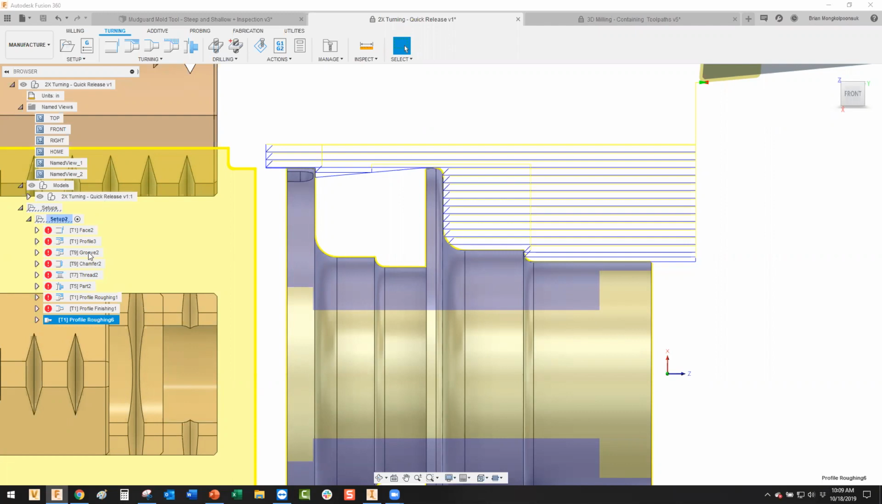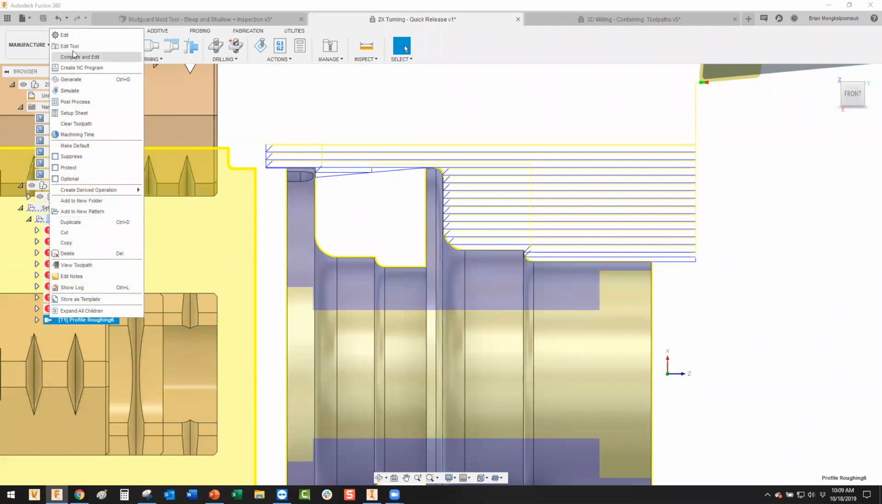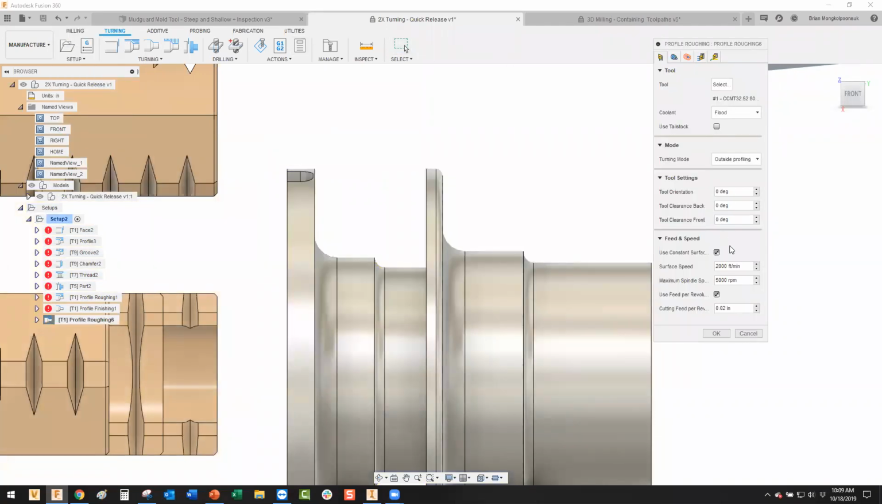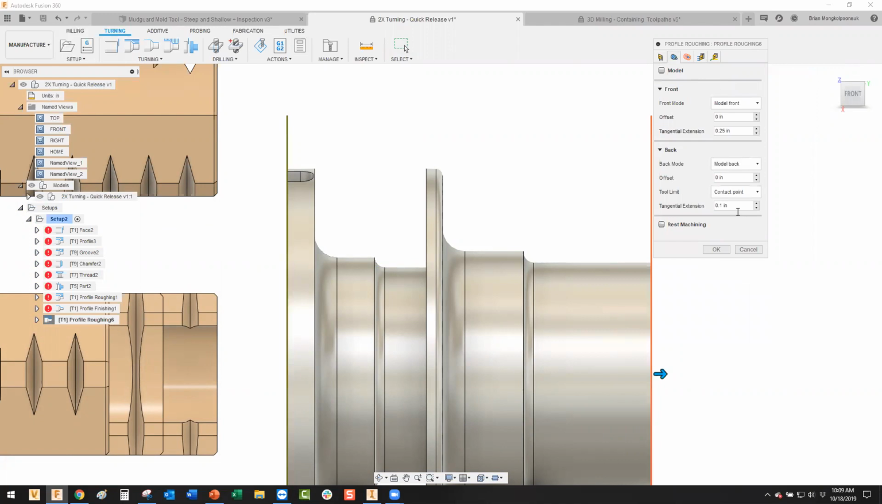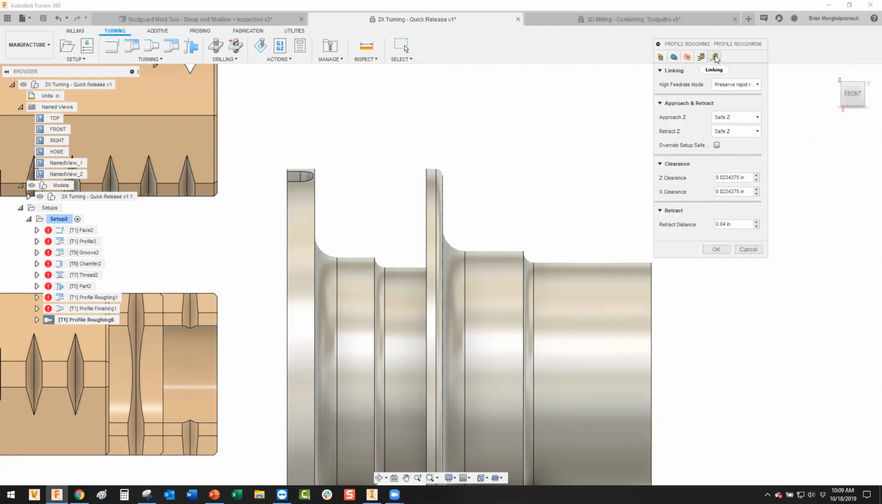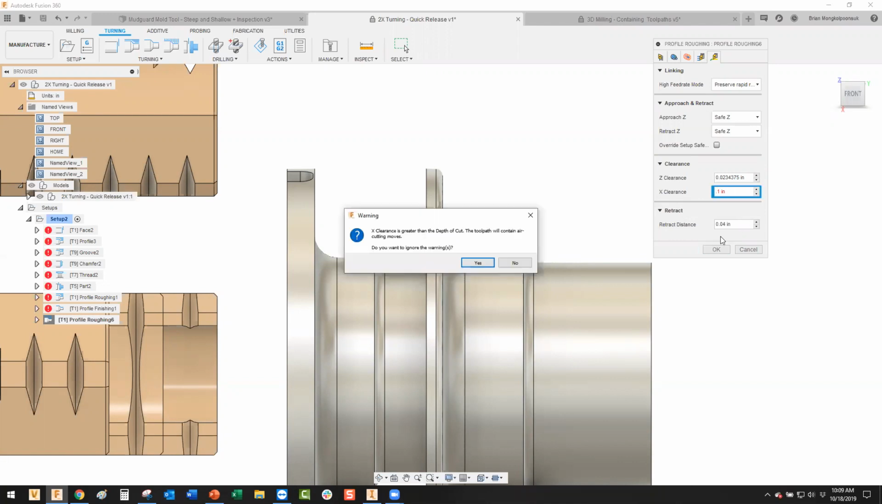In addition, you have X and Z clearances. So if we go back to that toolpath here, and we did edit these tangential extensions, if we go to the linking tab now, you can see here the Z and X clearance. So the X clearance, if I change this to something like 100 thousandths of an inch and hit OK, it's going to give me an air cutting move, but do I want to ignore that? Sure, yeah, I want